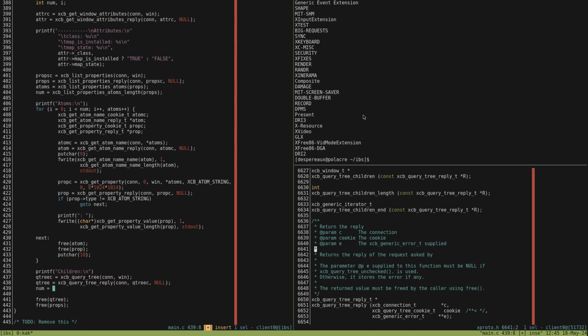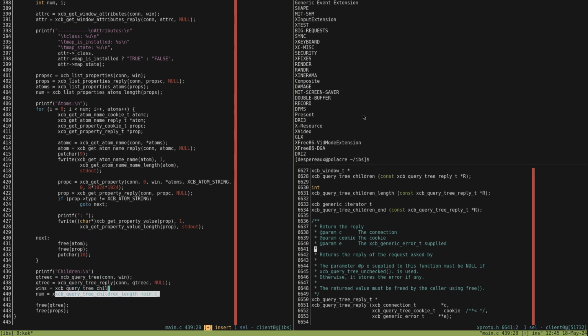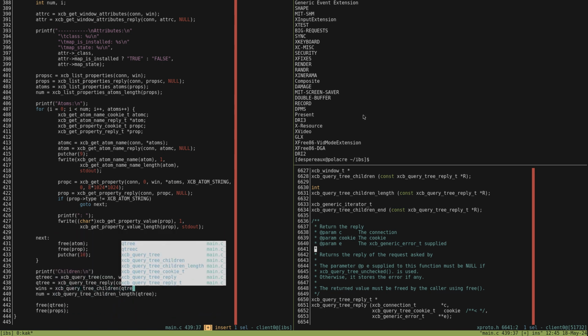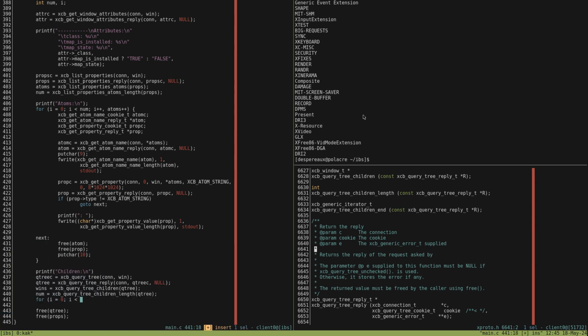And then we want num is XCB query tree children length for QTree, right? Yeah. And we want wins equals XCB query tree children QTree. And then we want to go for i equals 0, i less than num, i plus plus, wins plus plus. And then in here,